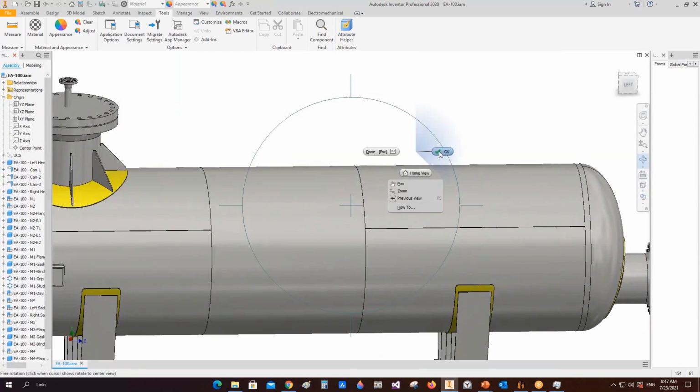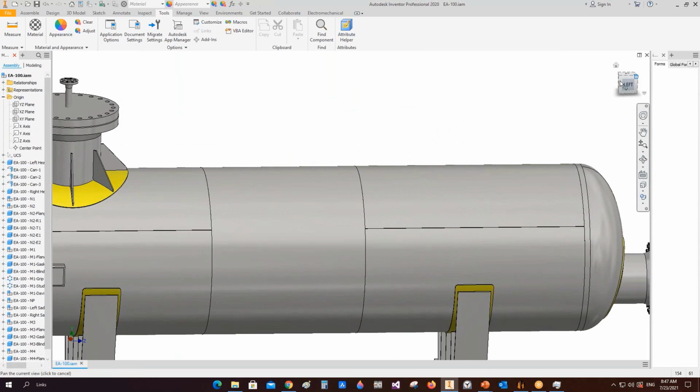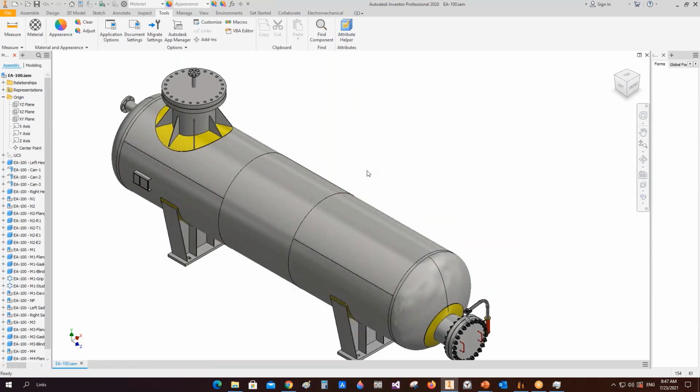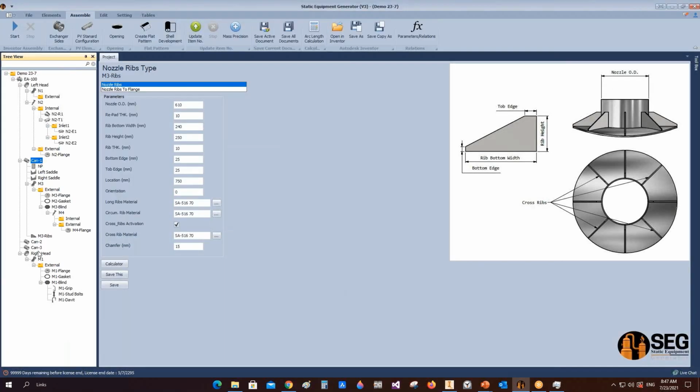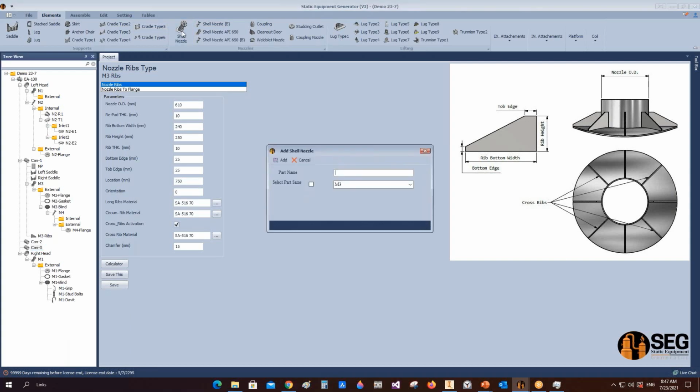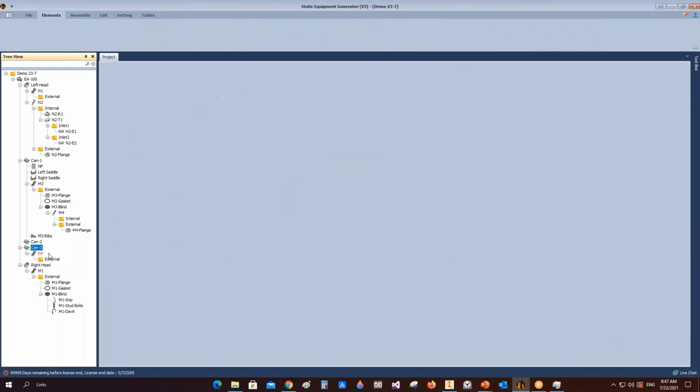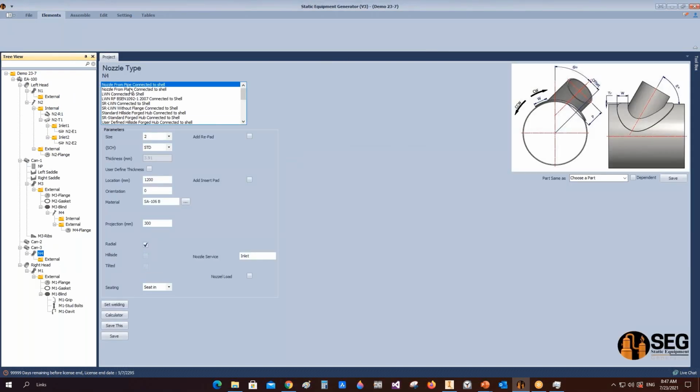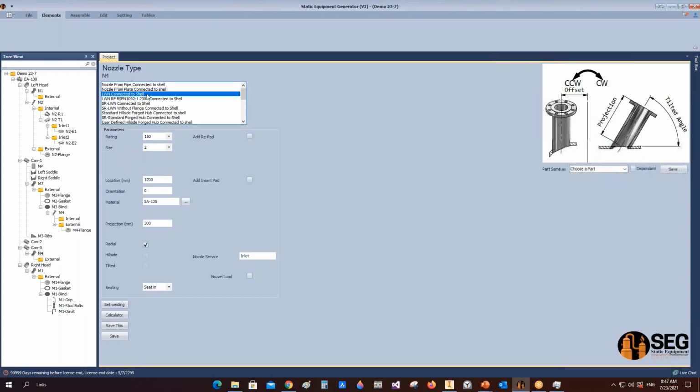Let's add a nozzle with small diameter and long projection with a heli-side option. After that, let's add stiffening ribs to it. Now let's add another nozzle. So let's select the CAD 3, and from here let's add N5, N4, and from N4 let's select a long weld neck nozzle,